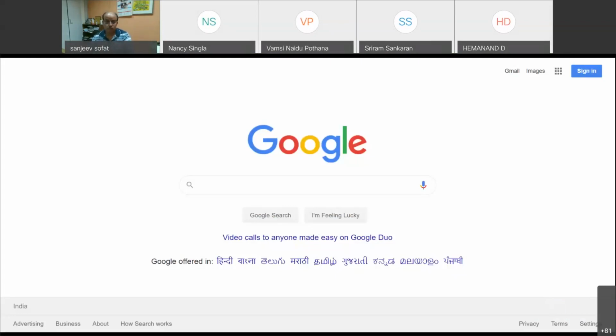Suppose I open www.techpanda.org. It is a web application for testing and education purposes only. It contains a dashboard, so I'll enter my details. It says admin at google.com, and here I enter the password.